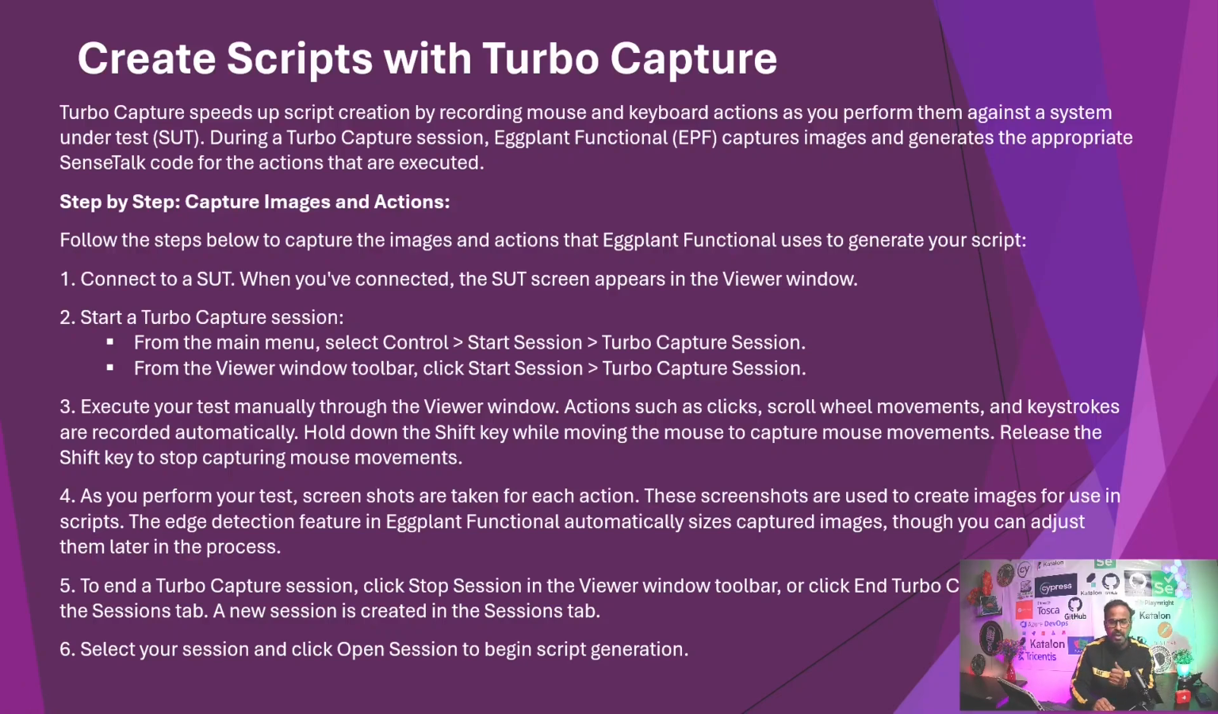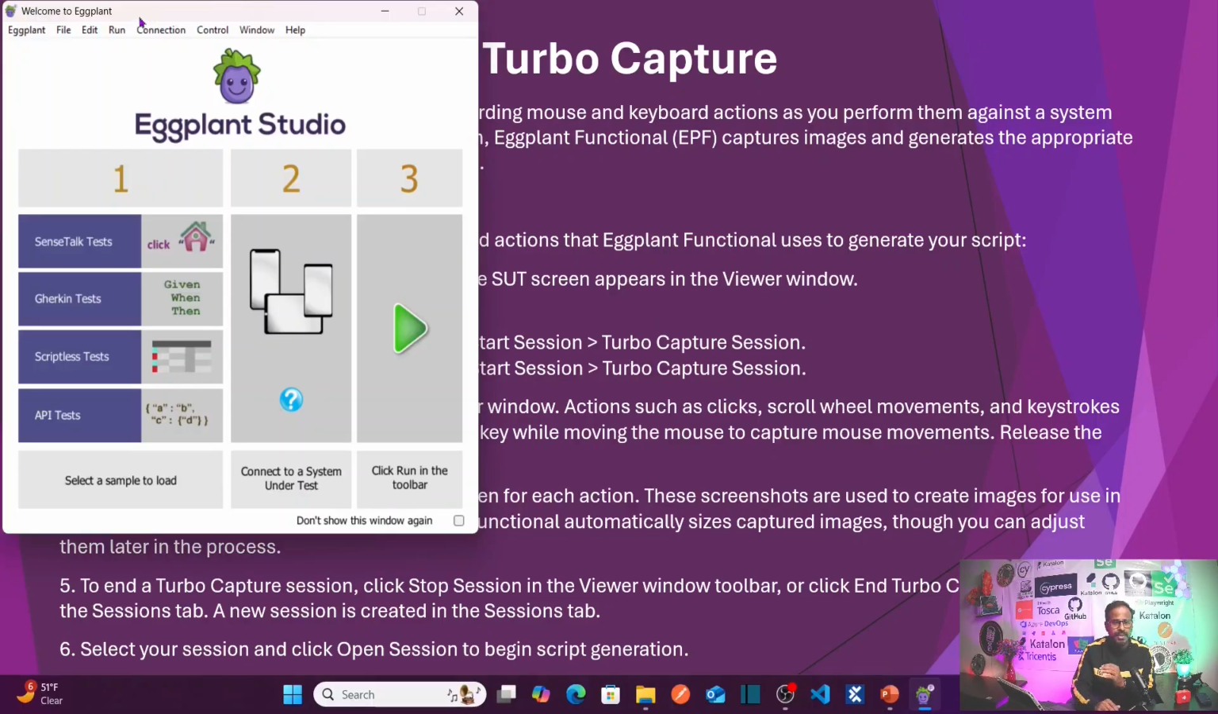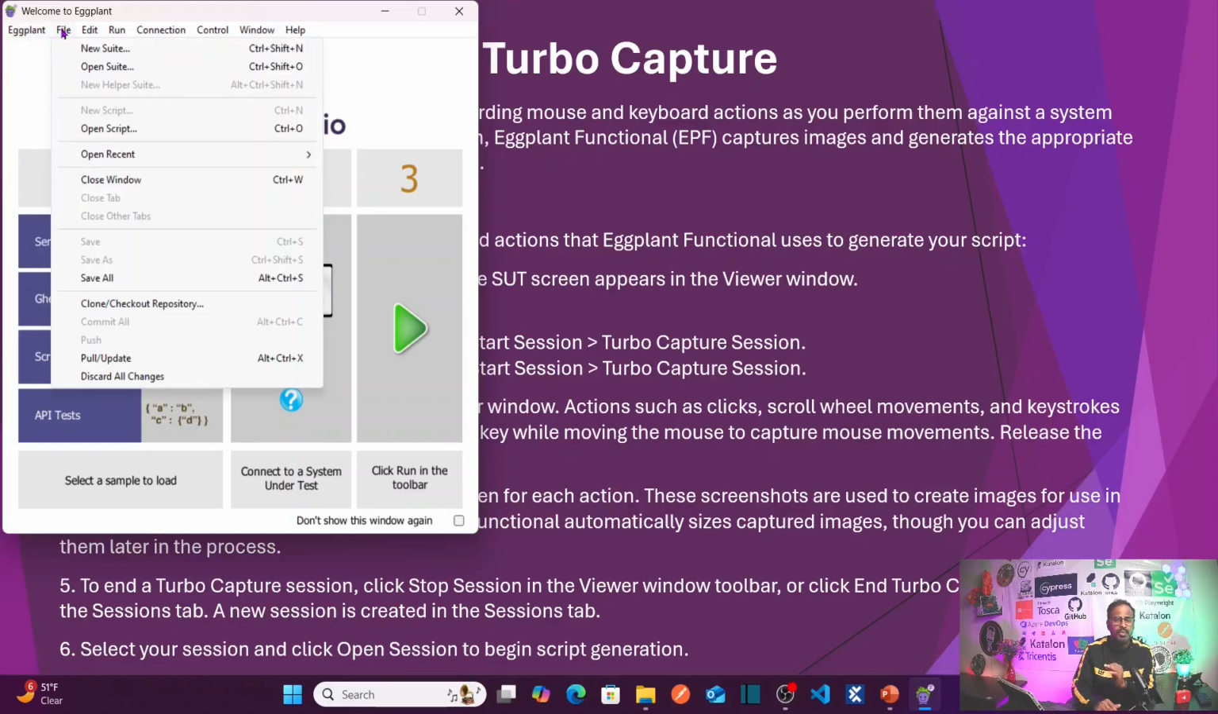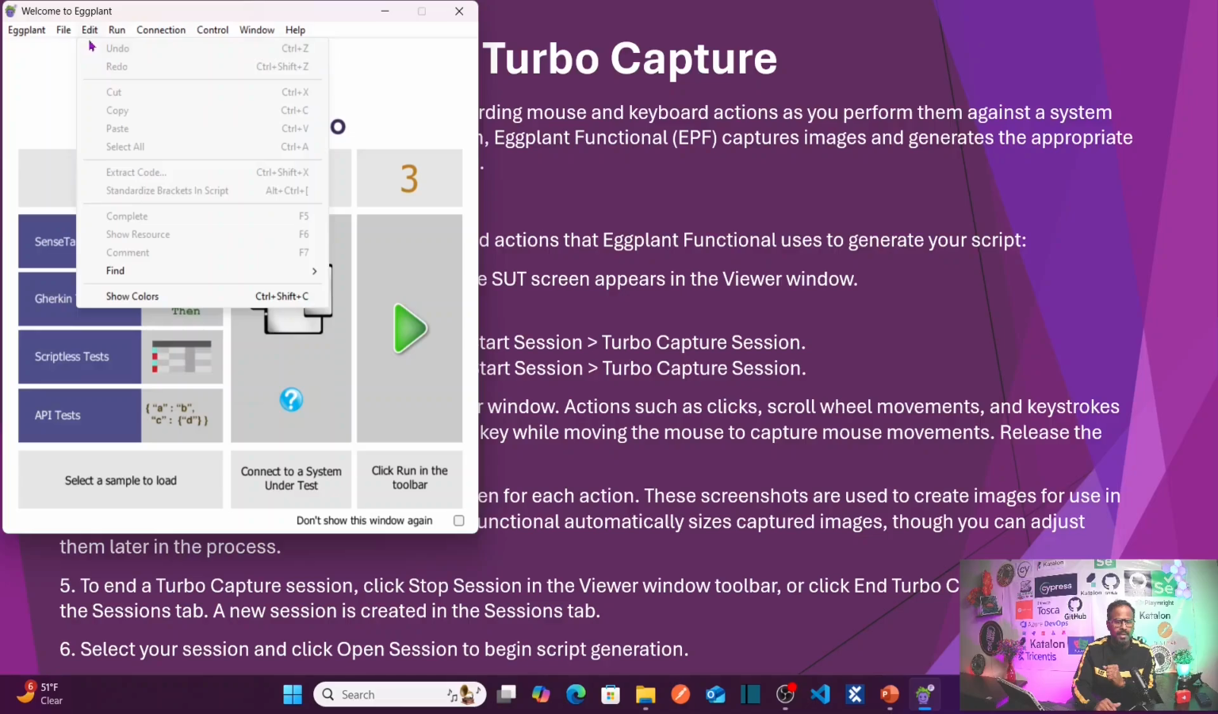So now let us open Eggplant Functional to start basic scripting by using turbo capture. So this is my Eggplant Functional. First, I would like to create a new suite. So this is your new suite. I'm going to create a new suite. From File, select New Suite,